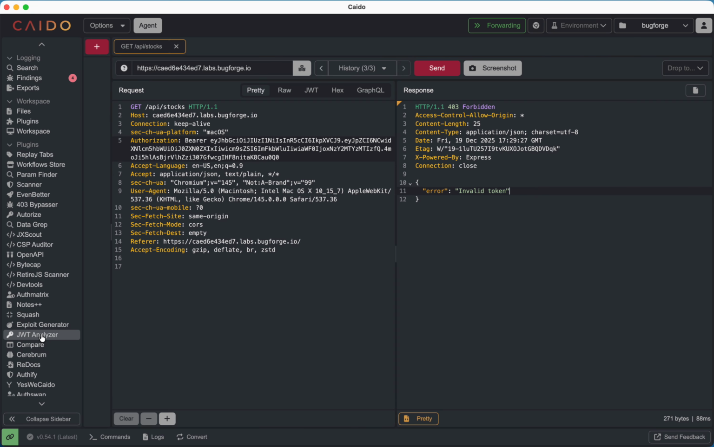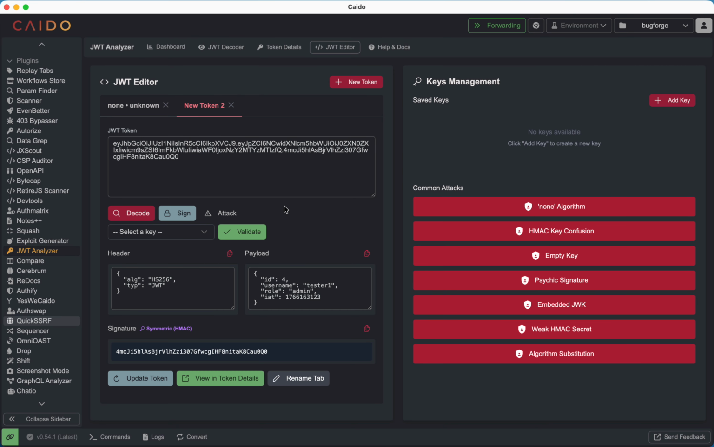But another thing that we can try is, remember I said that this algorithm value here indicates what's being used to sign the token. Well, there's something called a none algorithm attack, and essentially what that does is it sets this value to none, and it's basically saying I'm not using anything to sign this token at all. And